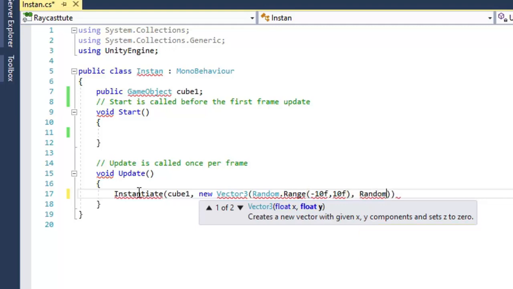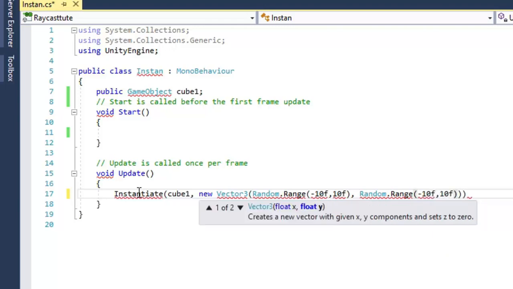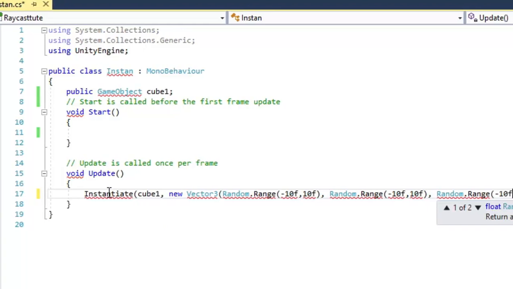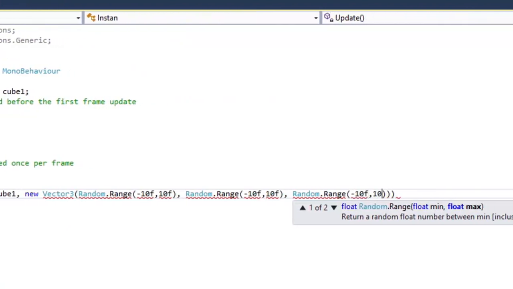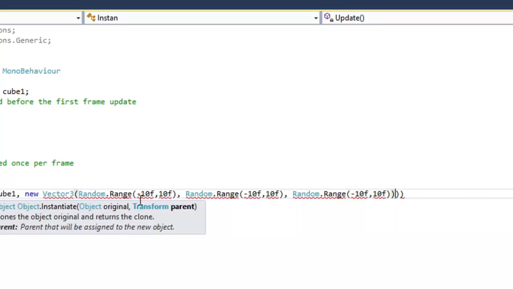Similarly for y, I can do the same thing, minus 10f to 10f, and similarly for z I can do the same thing. You can provide whatever range you want. So here we have provided the random coordinate values for the Vector3.